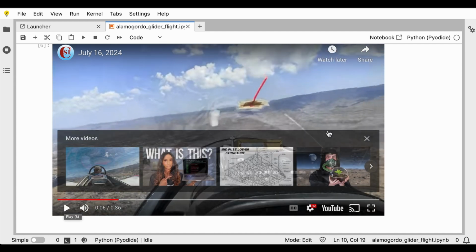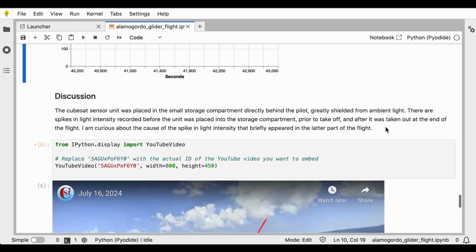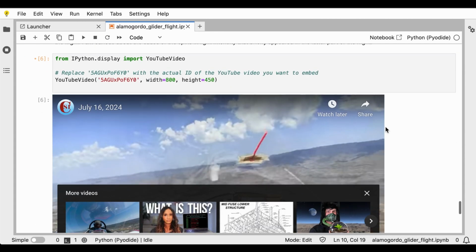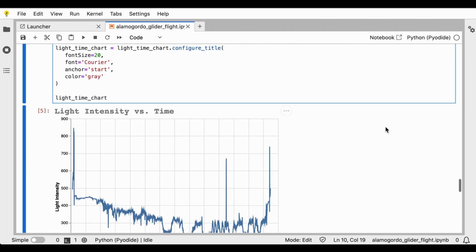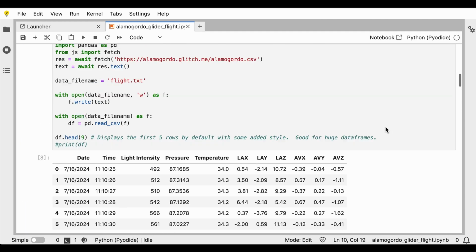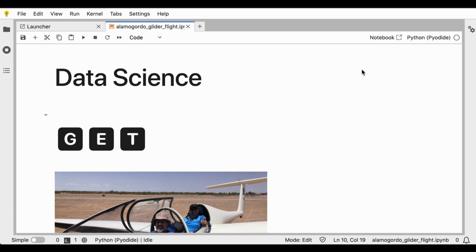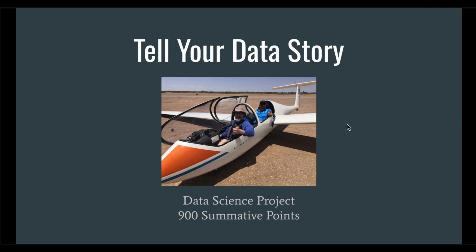Thanks for joining me on this wonderful trek through the world of telling data stories. I wish you the very best as you endeavor to change the world for the better. Godspeed until next time, and remember, your journey into data storytelling doesn't end here. Keep asking questions, keep discovering,